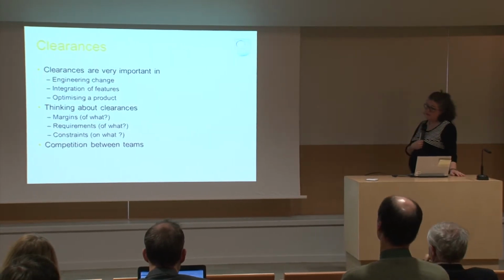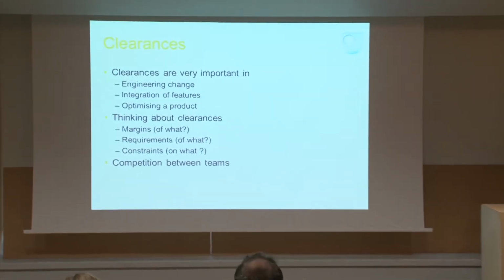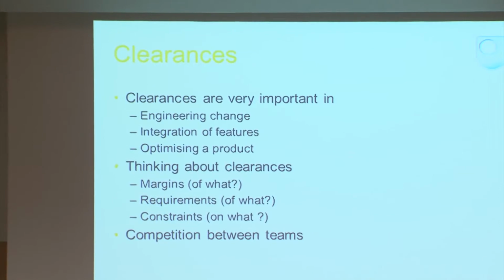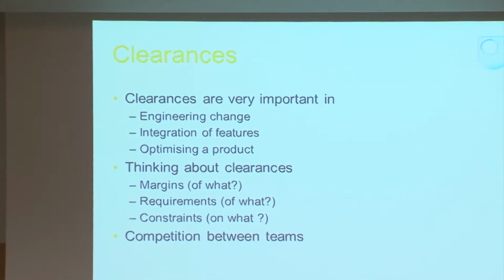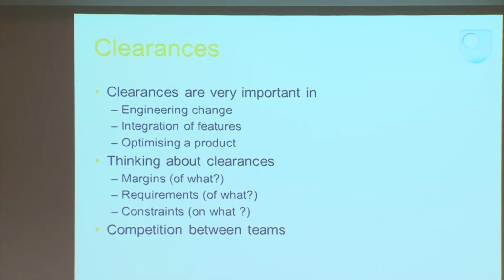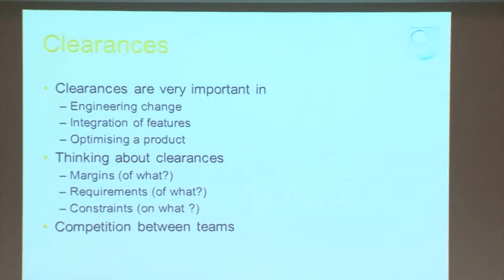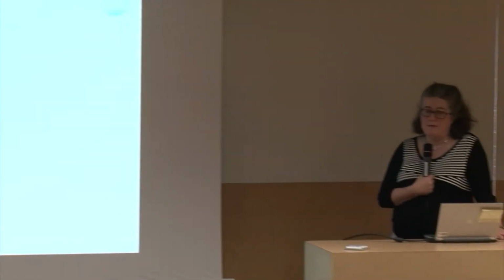One thing which I find very interesting in the context of margins are clearances. And they are difficult to model, because a clearance very often is a nothing. It's just an empty space. But it's enormously important in change propagation, because quite often people think, there is a little bit of space. I can put my cable there. I can make my component bigger. Oh, we could add something in here. And then various people look at the same clearance, make their changes, it gets integrated, and everybody thinks, oh, we have a problem